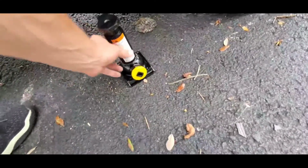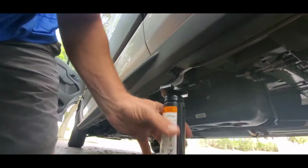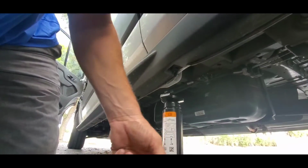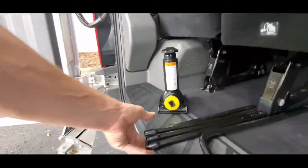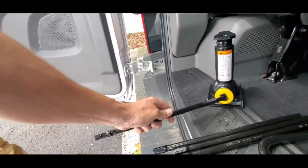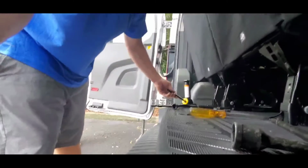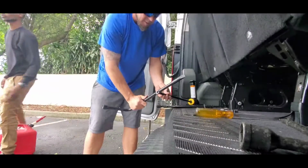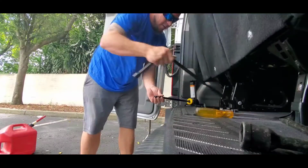All right, so using the factory jack, depending on where your flat is at, you're going to put it underneath that axle back there, or on this pinch weld. So right here you can see where they got a place for you to jack it up, and you would just take these tools back here and put these all together. They connect end to end, and then this end would go in like so and then lock in, and the end result would be this one here. Of course it would be this, and this, and then you would,